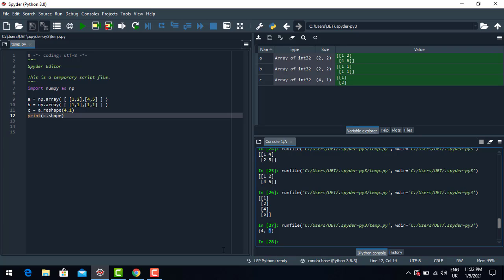Okay, one interesting thing that you can do in NumPy is that you can store an array in a dictionary.